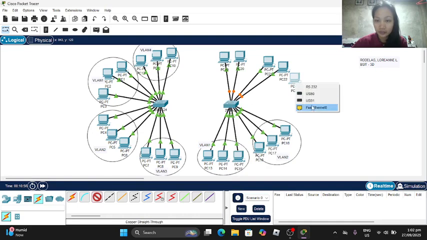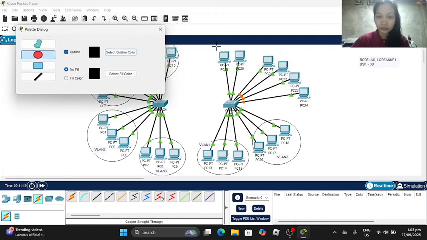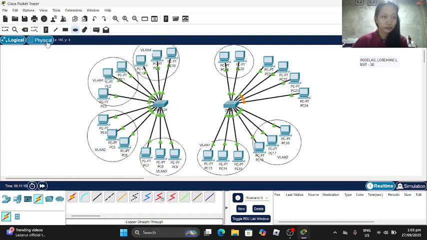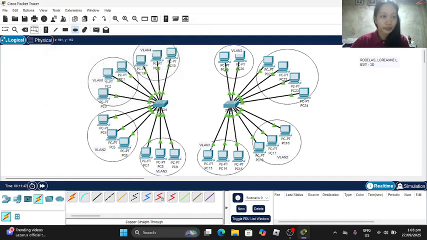This network would be VLAN 3, and this network would be VLAN 4.